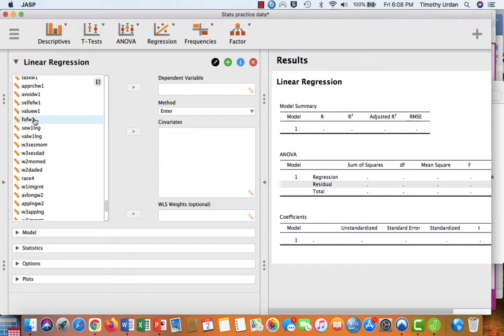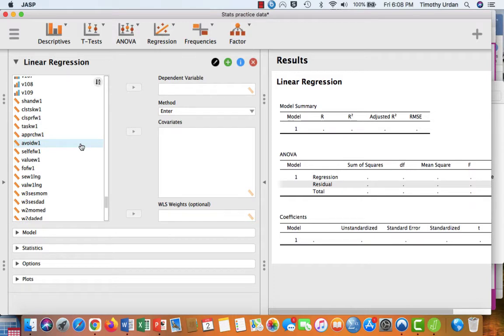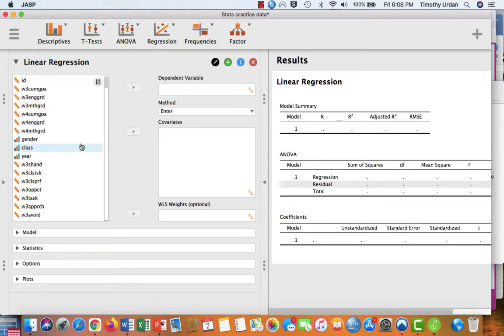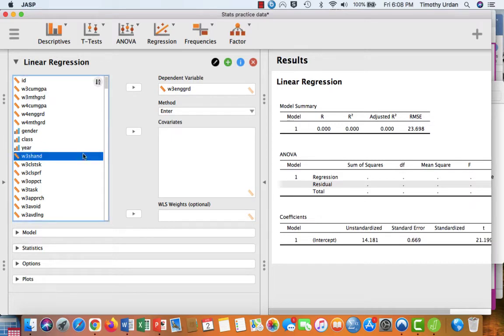I collected grades by getting students' grades in their English class, and then I coded grades on a 1 to 12 scale. So 12 is an A, 11 is an A minus, 10 is a B plus, 9 is a B, things like that. So let's make that the dependent variable, and you'll see there's W numbers after some of the variables. That's because there's 4 waves of data that were collected, so the W number just refers to the wave. So I'm going to predict their English grade